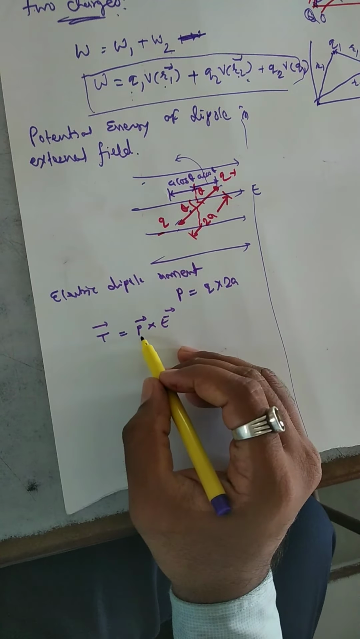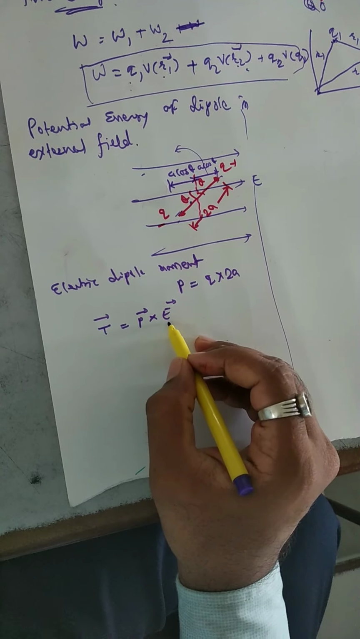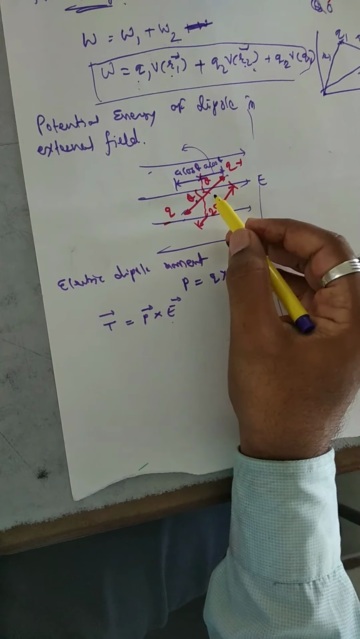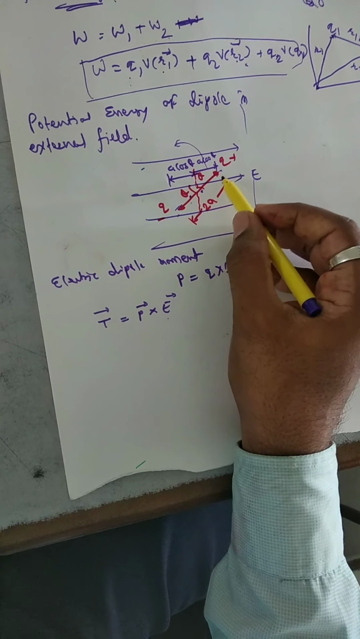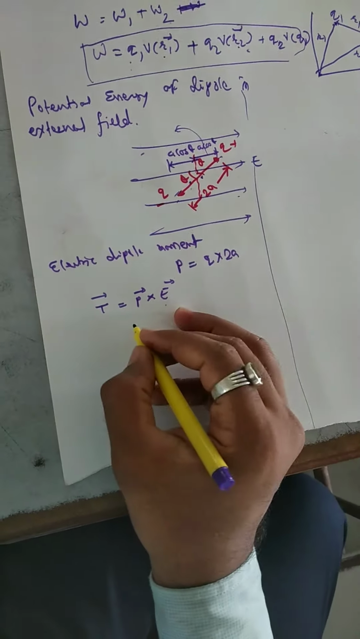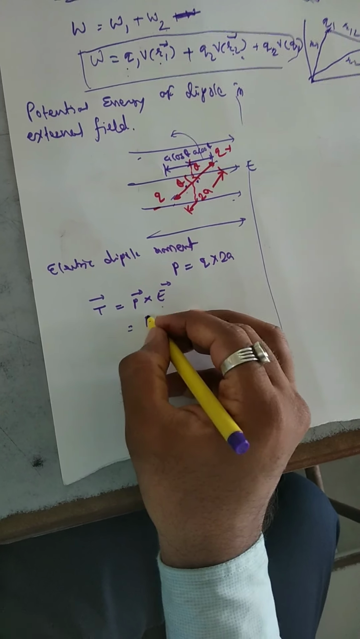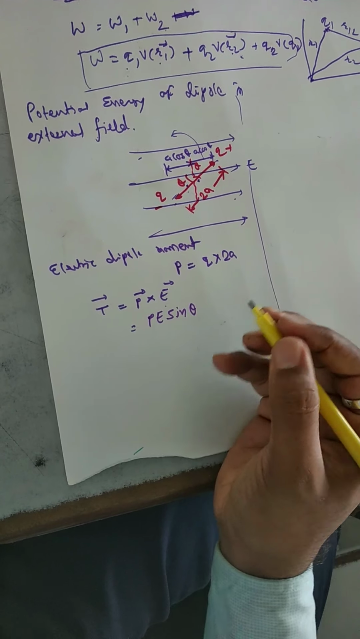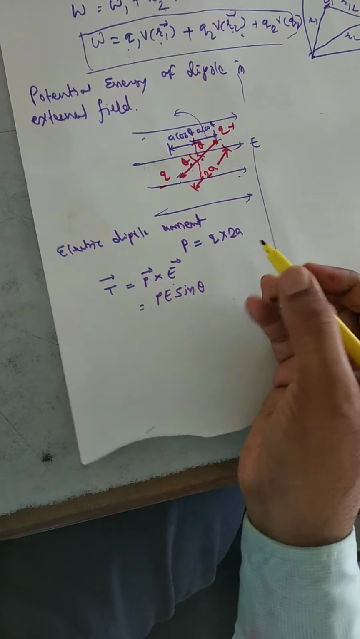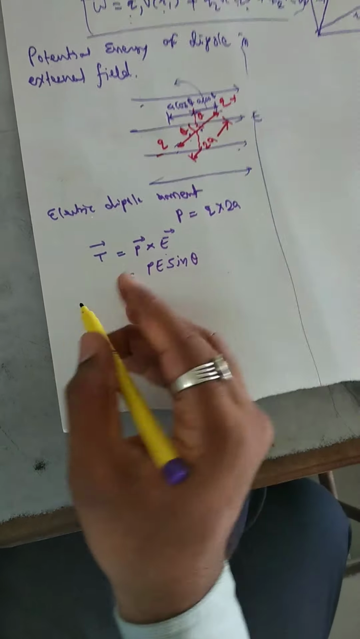This is the electric dipole moment and electric field E. So this torque is a result of the electric dipole moment, because of this electric dipole and electric field. And as this is a vector quantity, we will write it as PE sin theta. Okay, and this is the value of the torque. So the work done